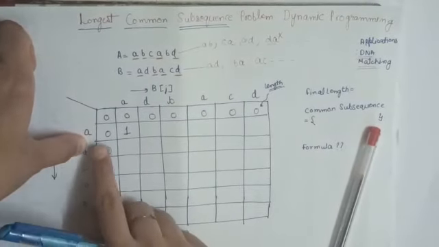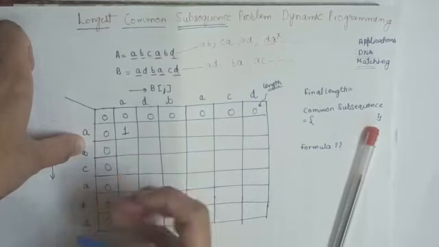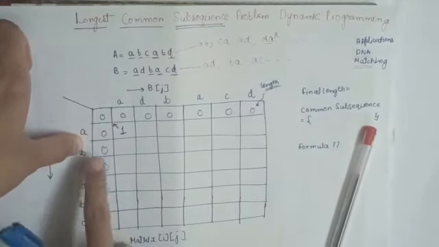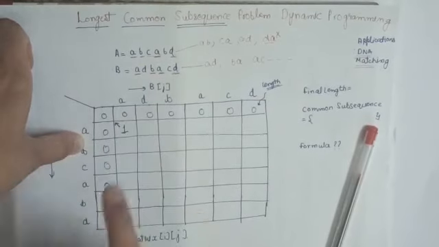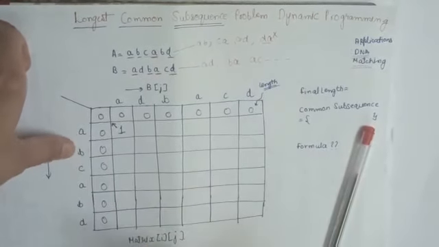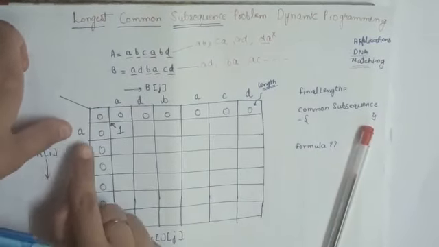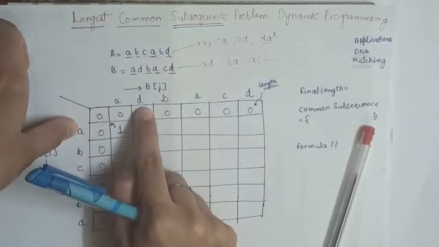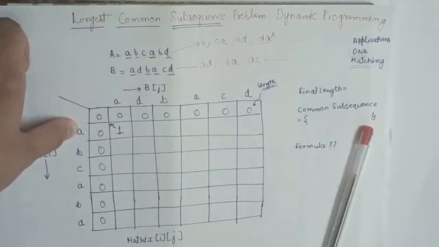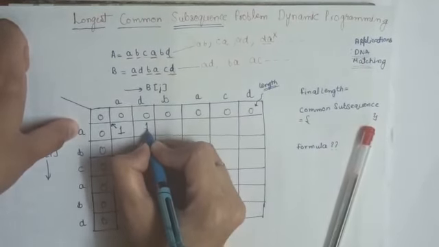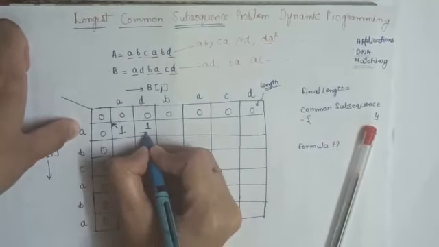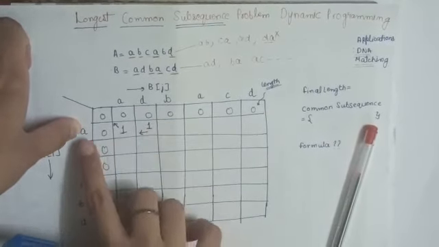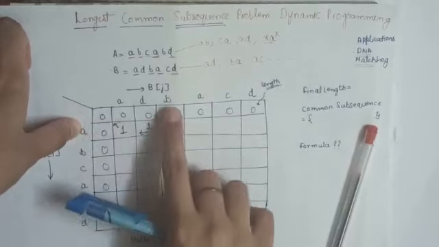Okay, now this value is coming from here. If these both are different, or another way to think of this is, string A has only the character A and string B has the characters A and D. What will be the common length? The common length will be 1 only. Okay, and from where is this value coming? This value is coming from here. Same way, if I take B, these two are different.